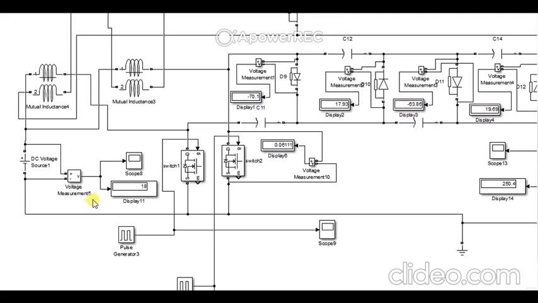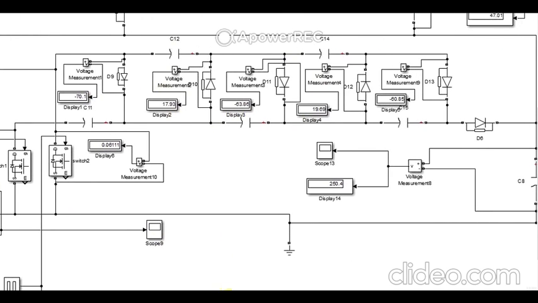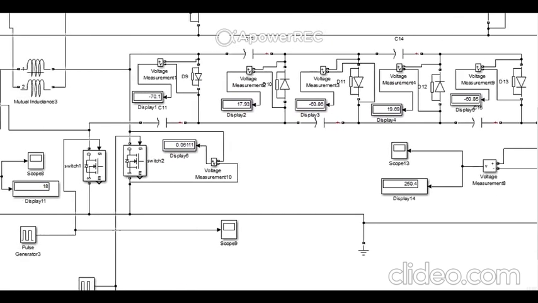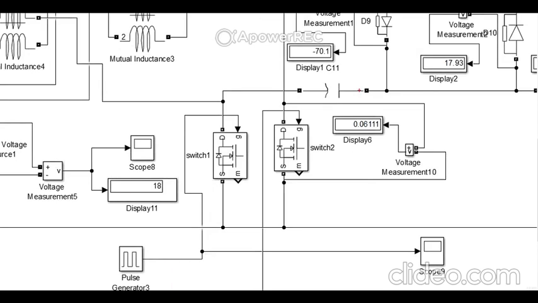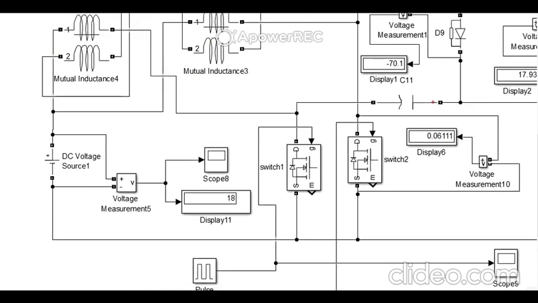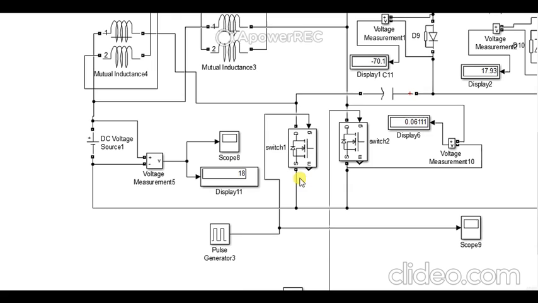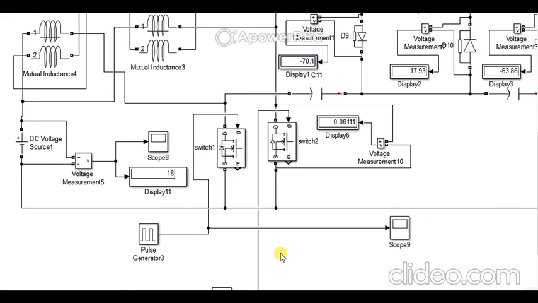So coming up to the simulation, we basically have four parts: the input side, coupled inductors, DCM cells, and finally the output side. We are giving an 18 volt chopping DC to the primary side of the coupled inductor. The MOSFET has an optimum frequency of 50 kHz, a duty cycle of 55%, and has 4 modes in one cycle. The voltage is coming towards the primary side of the coupled inductor.